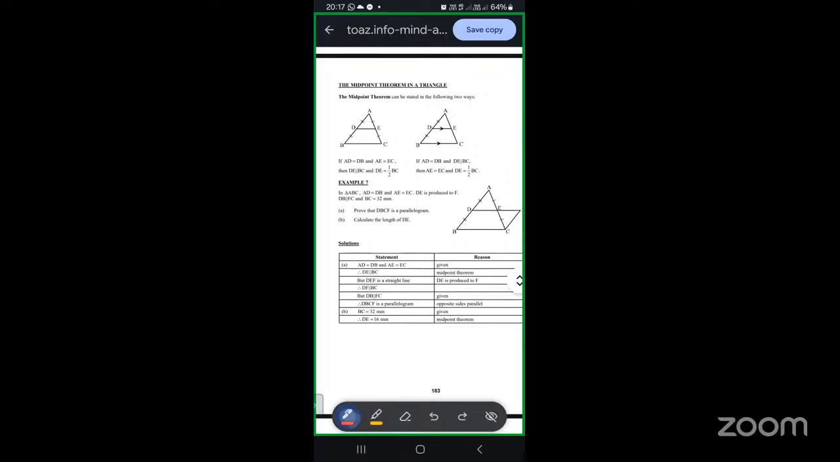So now let's come to the second part. In triangle ABC, AD is equal to DB, given. Now, in this case,